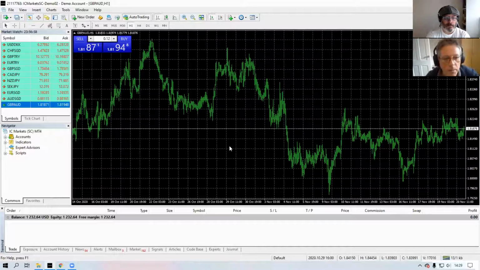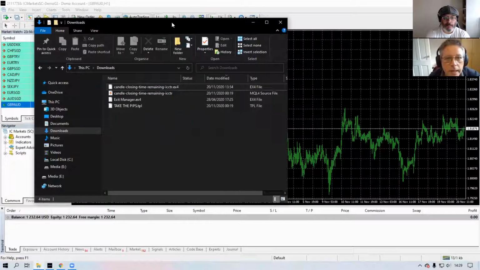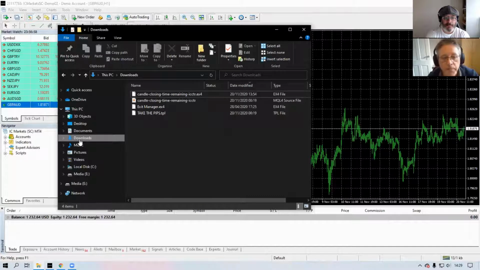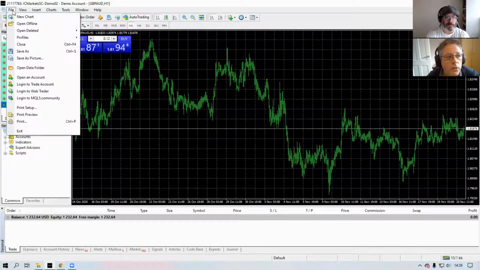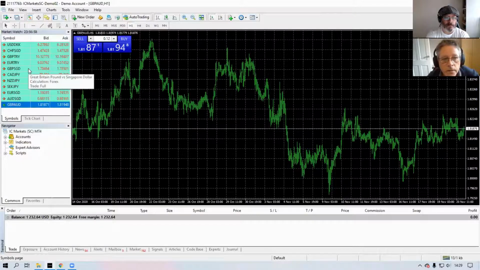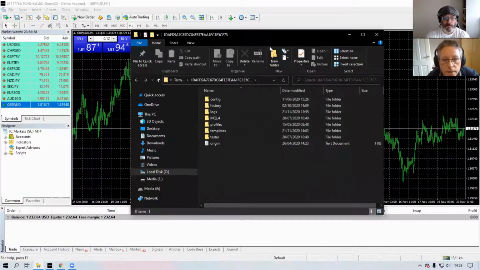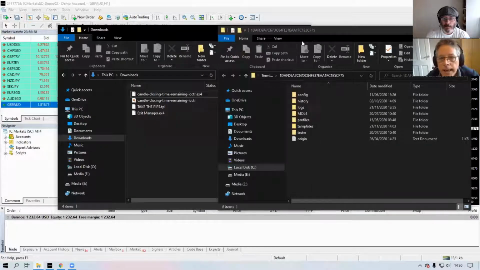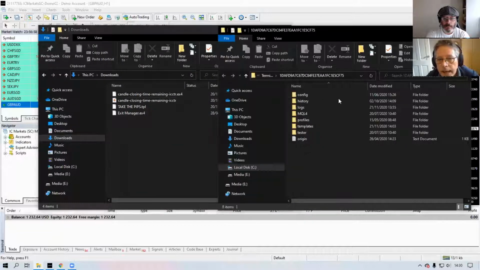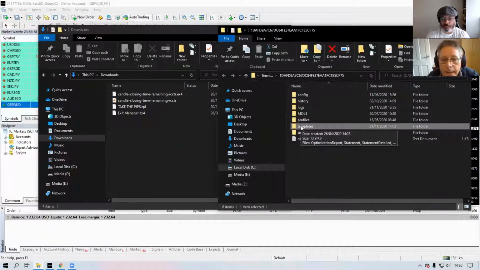Right, a lot of people have been asking about these templates and trying to double-click to open them. If you've downloaded them, they're probably in your downloads folder somewhere. But you don't need to do anything with them other than move them into specific folders. But where are those folders? On MT4, if you go to File and Open Data File, this is what you're presented with. One of the folders we're going to move files into is the templates folder. If you open that up,